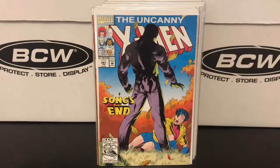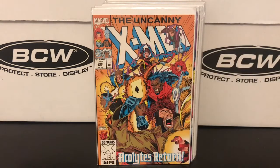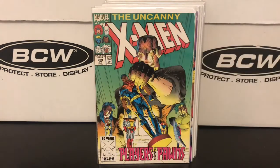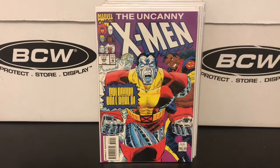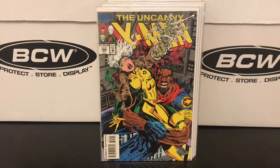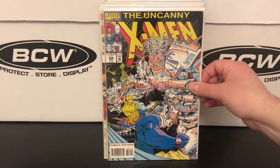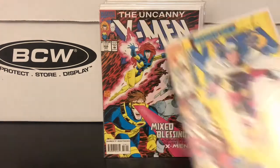Number 295, another jump. Then we go to 297, 298, 299. Again, these were all 50 cents a piece. 302, Ramita Jr. cover. 305, 306, 307,